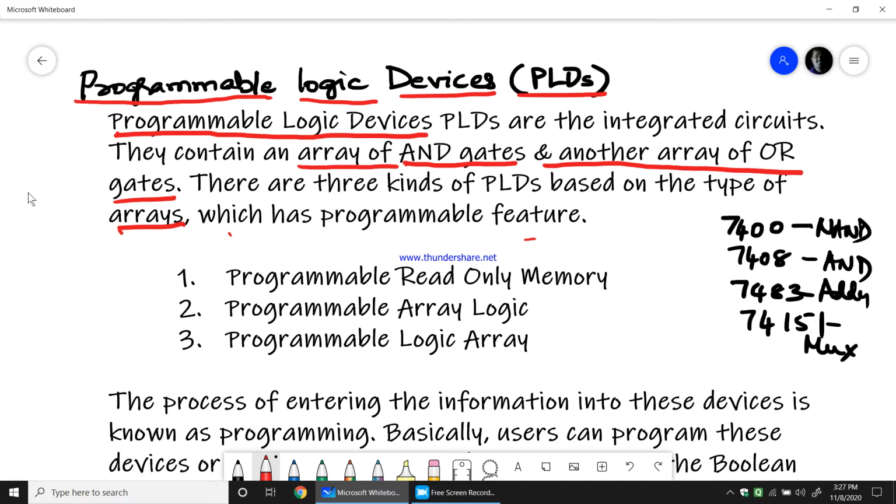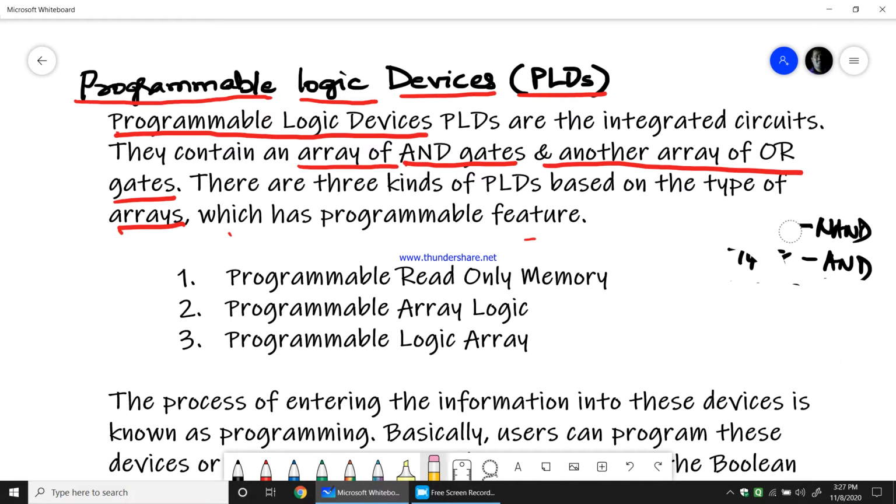As we said, we have an array of AND gates and another array of OR gates in any PLD device. The three kinds of PLDs, which have a programmable feature, are the programmable read-only memory, PROM. We know about read-only memory, right? So this is actually programmable read-only memory.